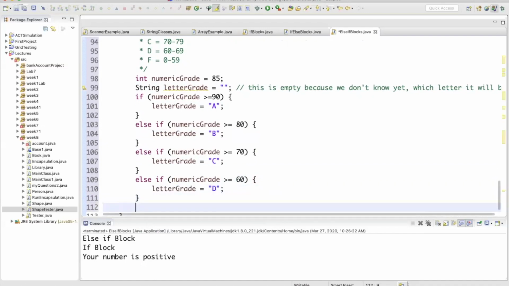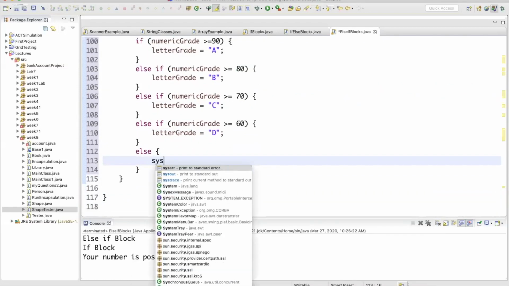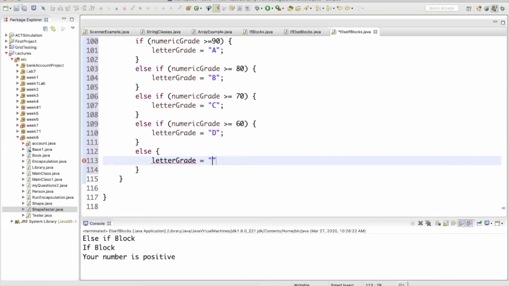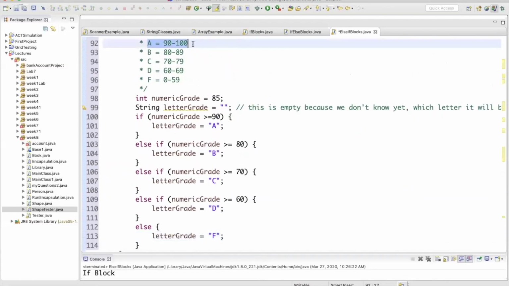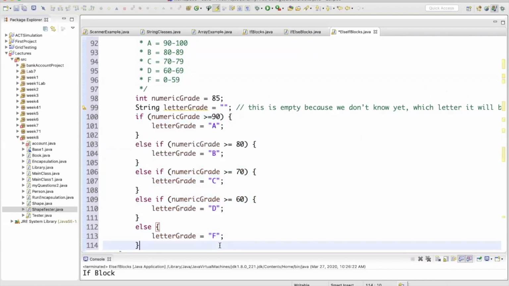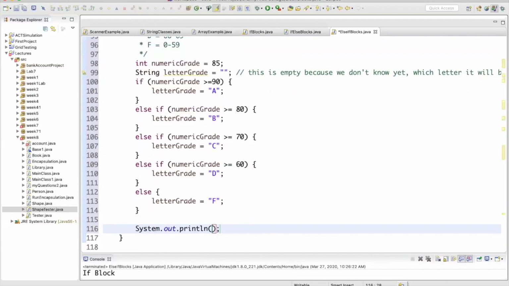And as a last thing, I will have else, if my grade is less than 60, I will say your ladder grade is F. So guys, A, B, C, D and F is okay. If you ask me why we don't have a condition in else, it's because if our numeric grade is not greater than 90 or 80 or 70 or 60, then that means my numeric grade is less than 60. Then in this case I will get F,